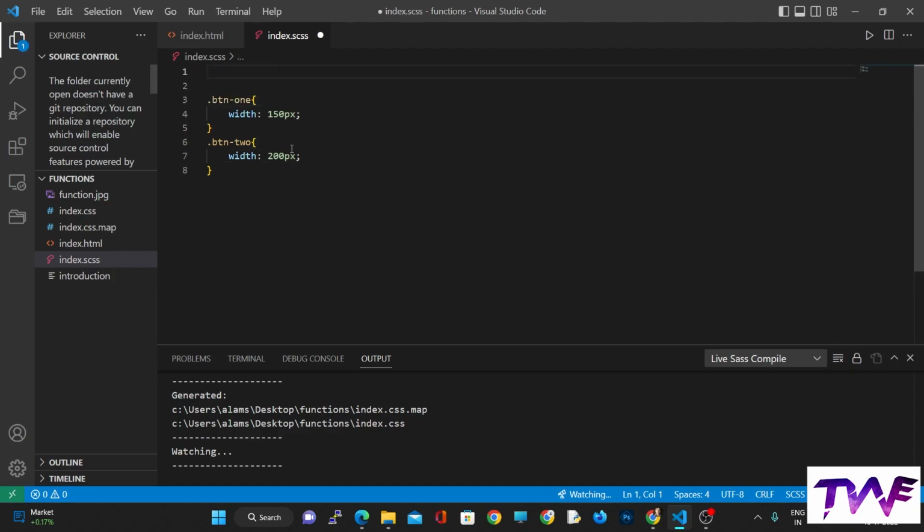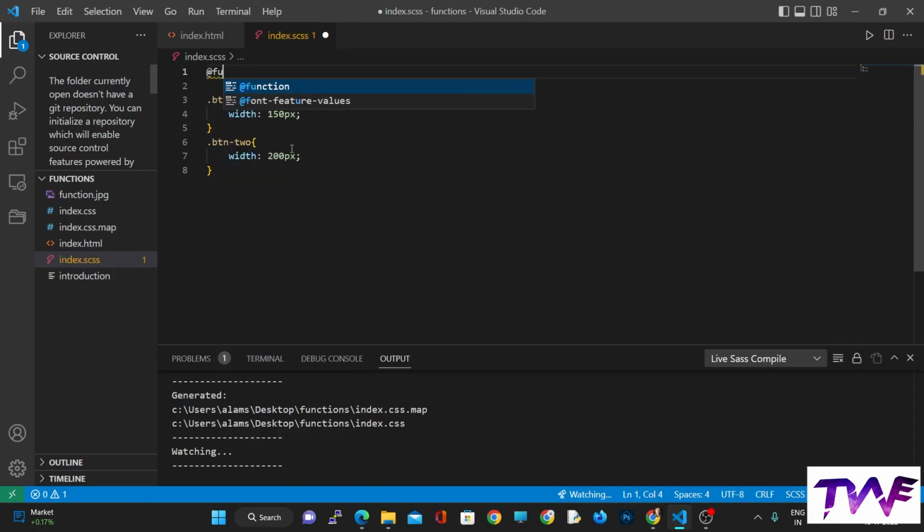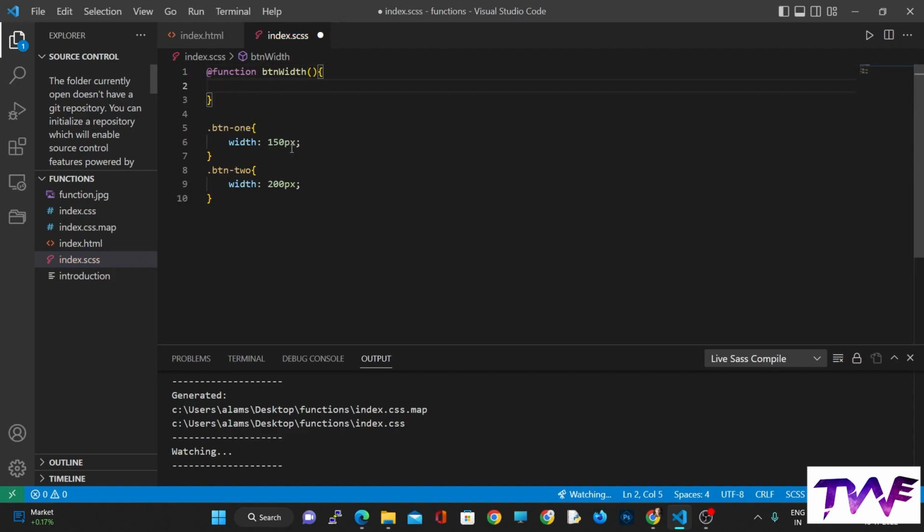We have discussed earlier that we can define our function with the help of, first of all, you have to write @. After that you have to give the function keyword, and then the name of the function, and the name of the function is buttonWidth. We have to use camel case. Now here we can provide our variables, or you can say parameters. Let's say we are providing x and the second parameter is y, and it will return